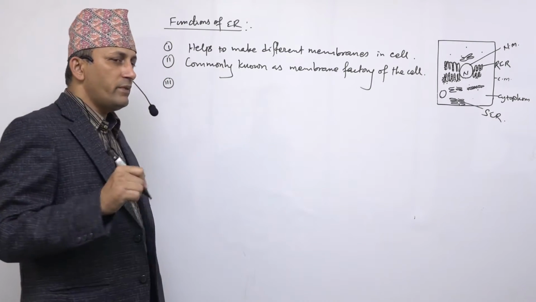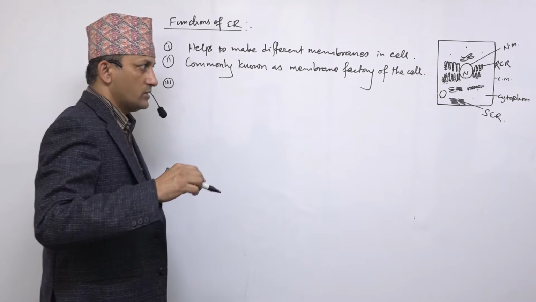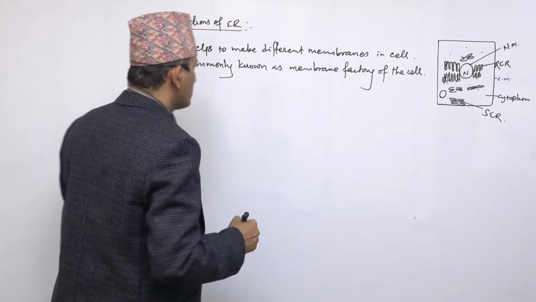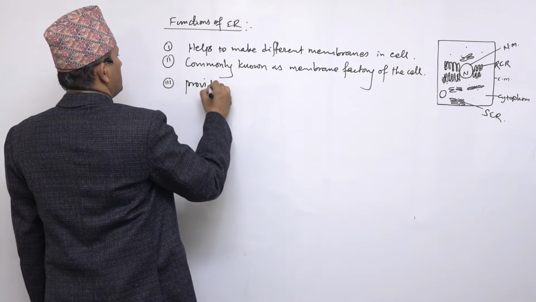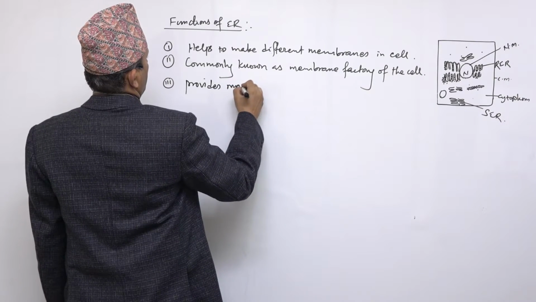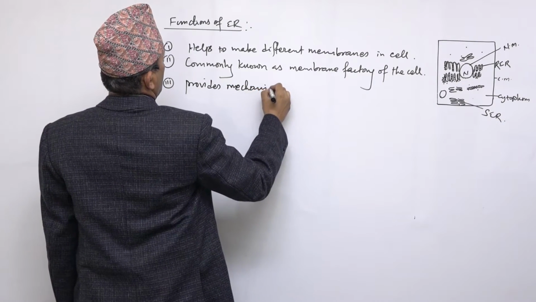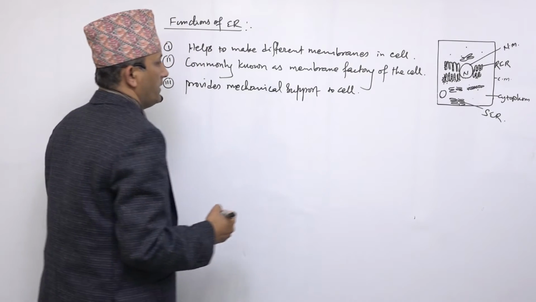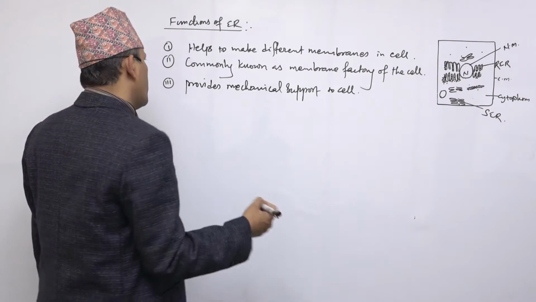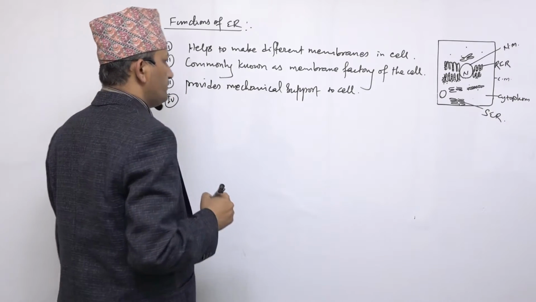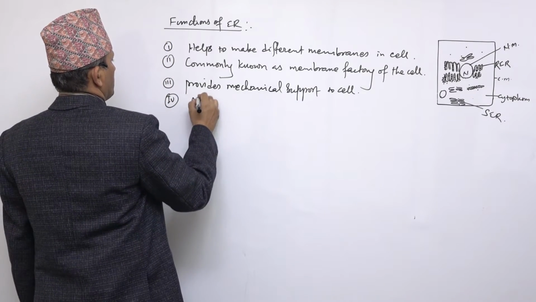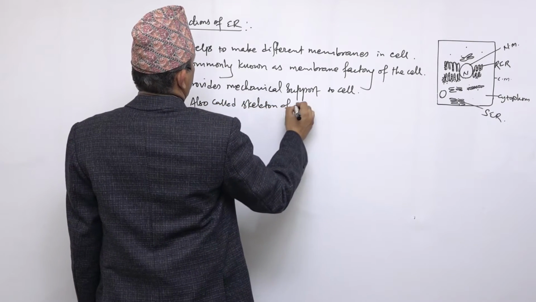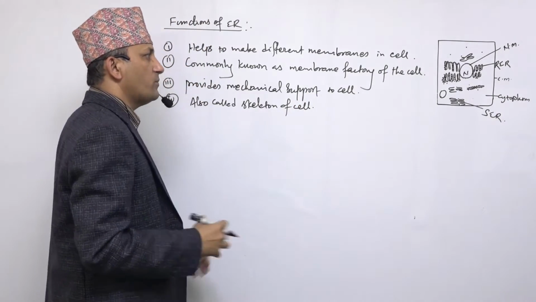So that's why it helps to maintain the support. It gives support to the cells, provides mechanical support to the cell. That's why it is also called the skeleton of the cell. Why? It functions like the skeleton, gives support to the different structures inside the cell. For example,